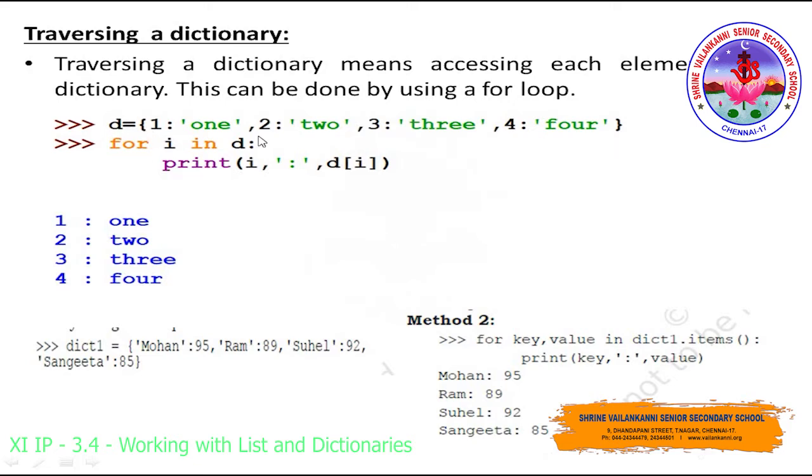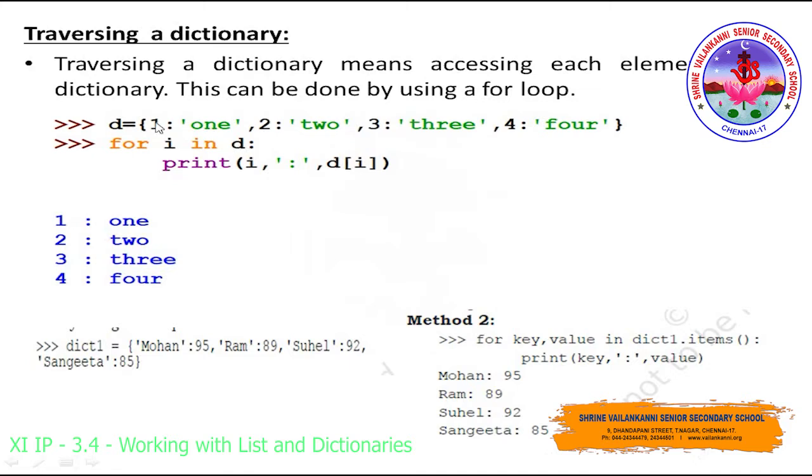Here they have created a dictionary with a variable d, and the respective keys have been given in number form. So 1, 2, 3 and 4 are the keys, and the strings 1, 2, 3 and 4 are the values. Now we are going to use a for loop. For i in d, i is the control variable, and d is the variable name which we have used for creating the dictionary. Now it is going to check whether the values are present in it or not, and we are going to traverse each and every data item by using this i control variable.